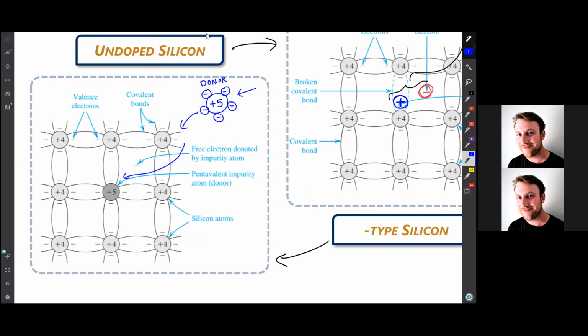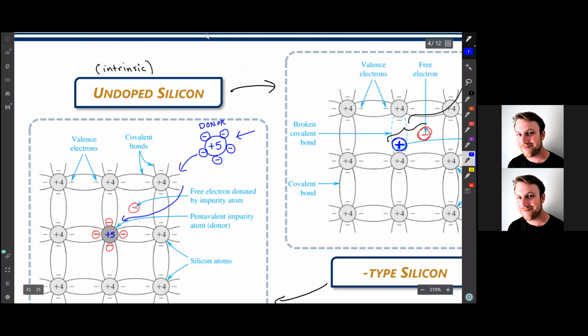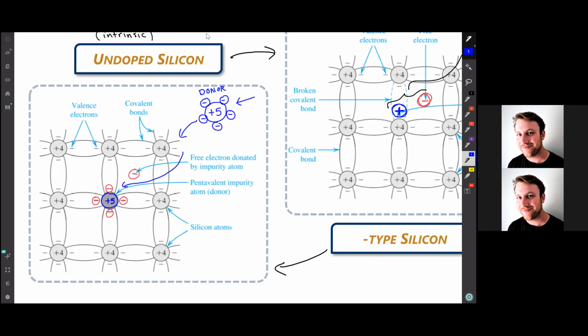But because this donor atom needs to form the 4 covalent bonds with its surrounding silicon atoms, it actually is going to have one extra electron that doesn't fit in. So the extra electron is actually just floating around in between the atoms in the lattice, and that's now a free carrier. And so we've donated an electron to our semiconductor,